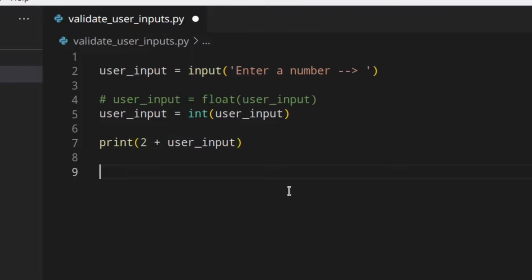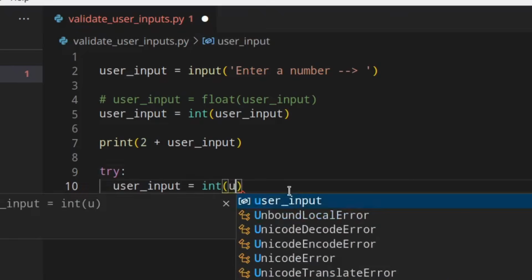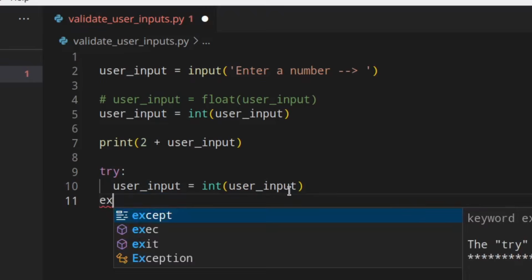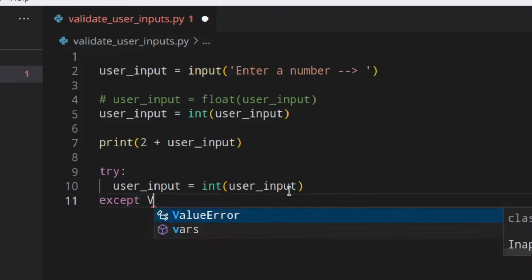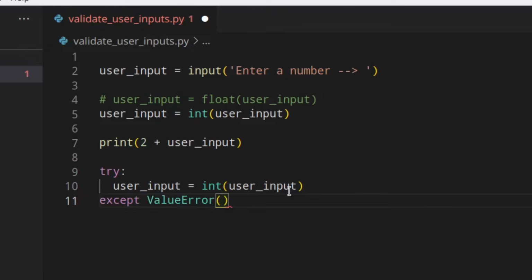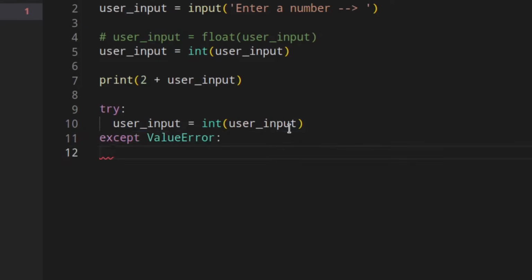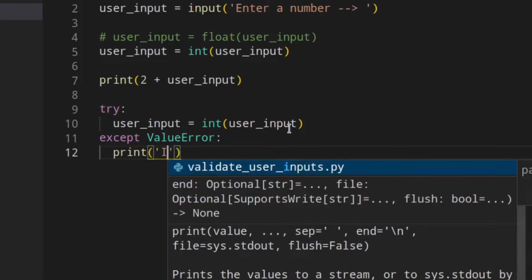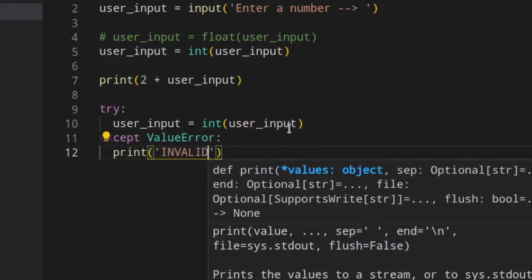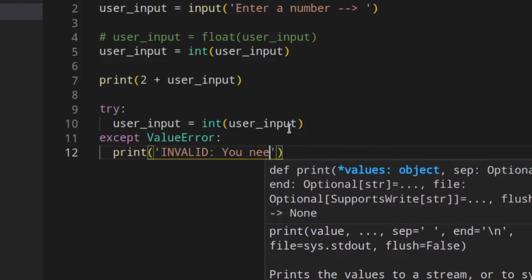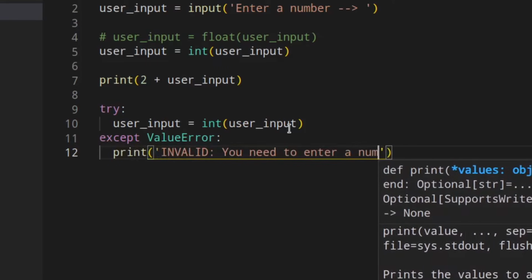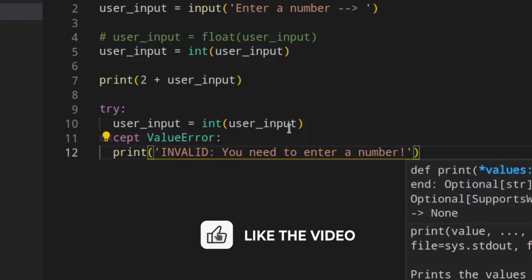So for example, if we do something like try: user input = int(user input), except ValueError: print invalid, you need to enter a number. Okay, something like that.